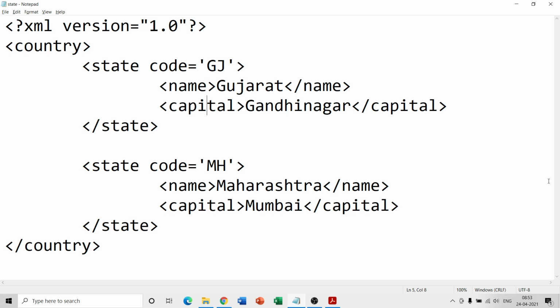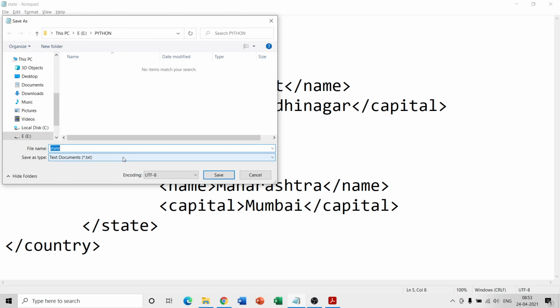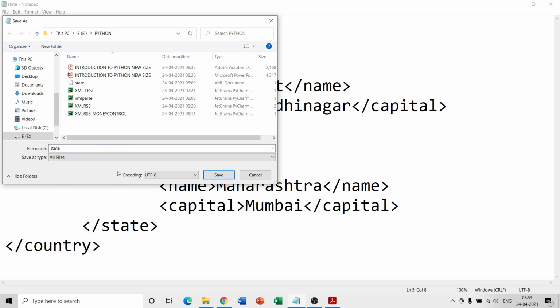You can have the tag names to be whatever you want. So that's just a brief. Now, when you save this file, remember you are giving File, Save As, not text document but all files, and you are saving it as an XML document. Okay.